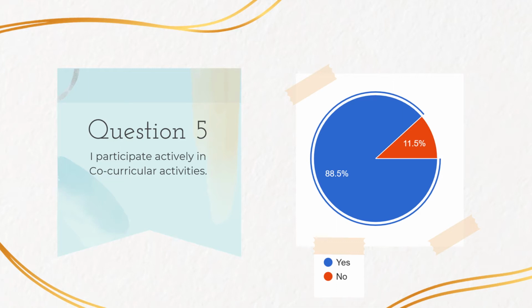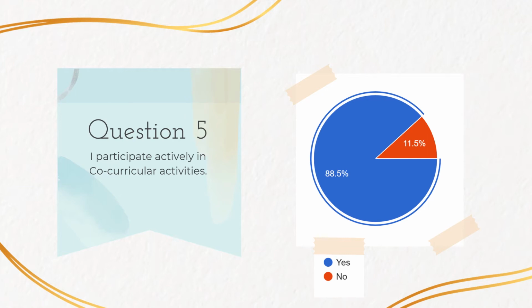The last question for Part B is, I participate actively in co-curricular activities, where we want to know whether the respondents participate actively or passively in co-curricular activities. Out of 26 respondents, 23 participate actively, meanwhile 3 participate passively. Those who are active are most probably interested in the activities, and there are high chances they are elected as the high committees of the clubs, uniform bodies, or sports they have joined in. Those 3 respondents who are passive probably join as it is compulsory for all as well as for attendance marks,